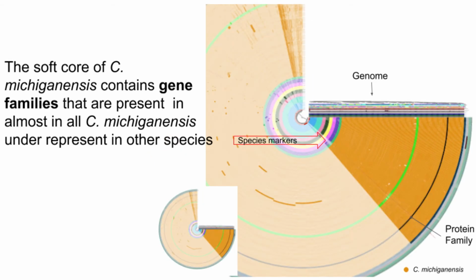After core analysis, we performed a full pangenomic analysis to find specific genes related to this ecological transition. Here we can see a full pangenome reconstruction of the Clavibacter genus, where each circle is a genome and each radius a gene family. We have found gene families in the soft core of Clavibacter michiganensis, that is, gene families that